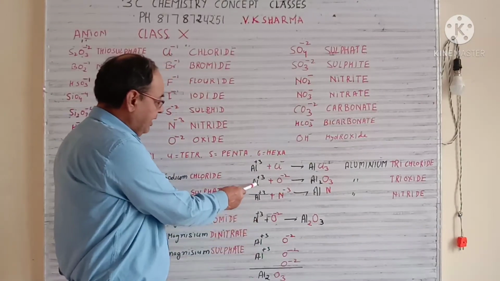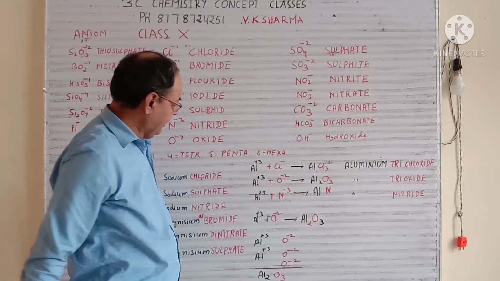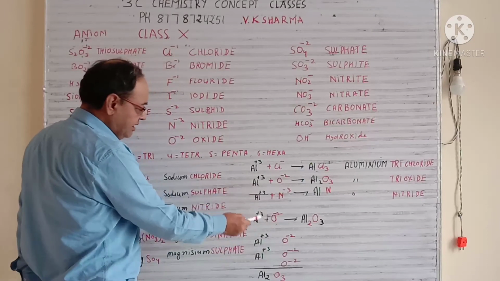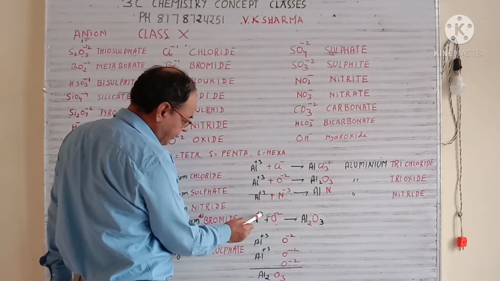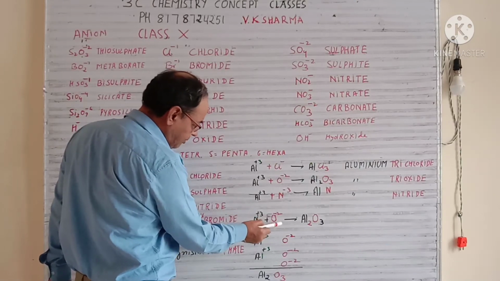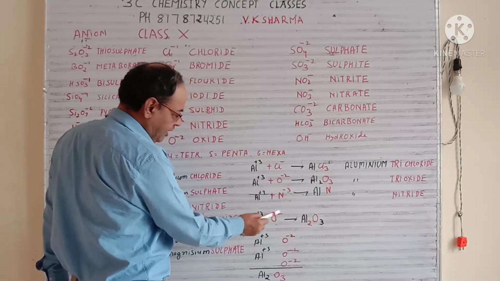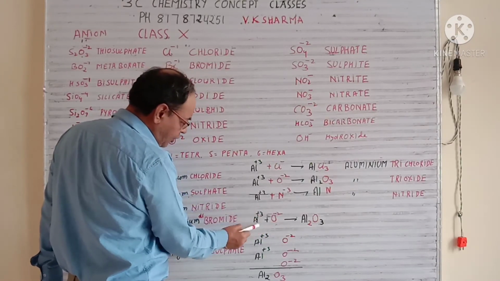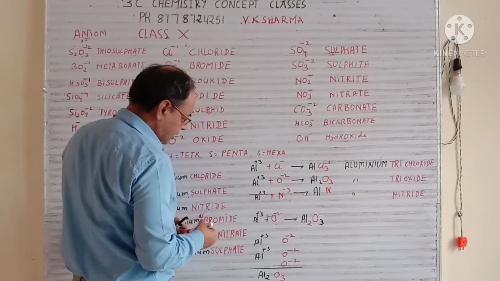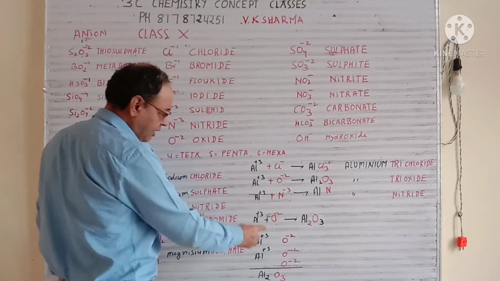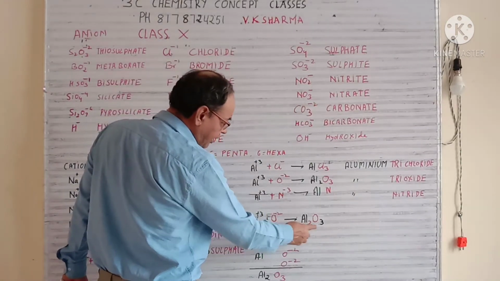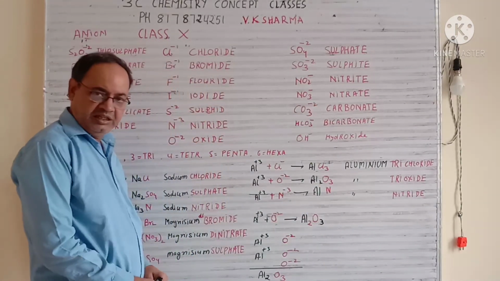Same way we have Al 3 plus and O 2 minus. So now see, this is Al, this is O. In such a case what do you do? Basically multiply this charge with this number, and this with this number. So your compound will be Al2O3. So this number will go with this aluminium, this number will go with the oxygen. So your compound will be Al2O3, which exists in nature.